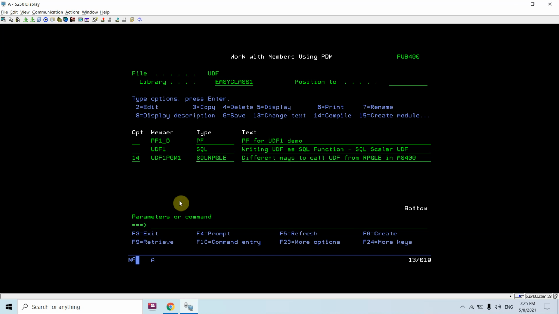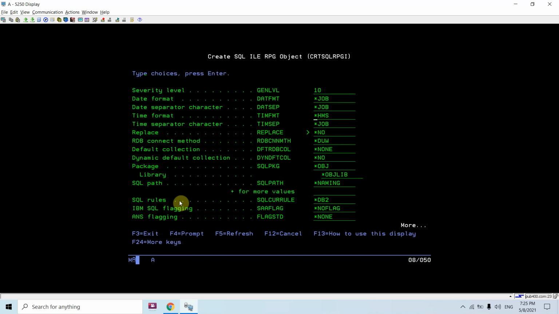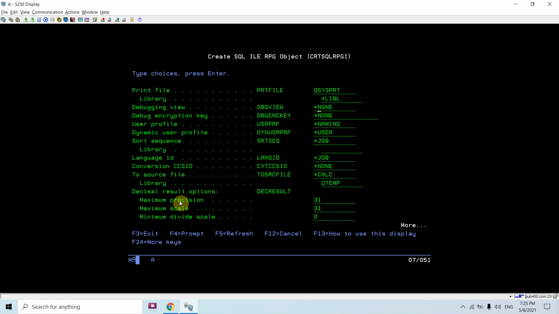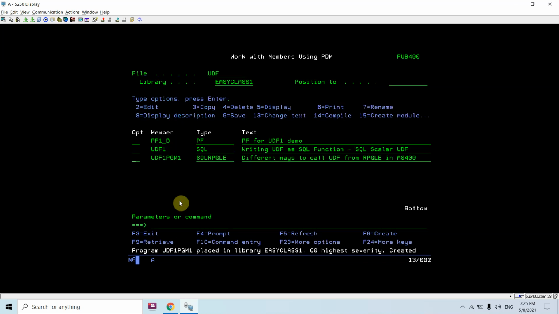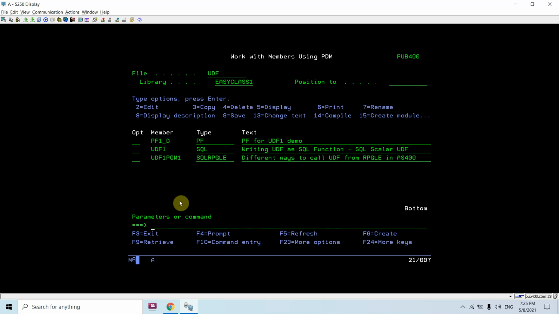Let me compile this first with debug view star source, work object udf1 pgm1. So this is now compiled successfully.